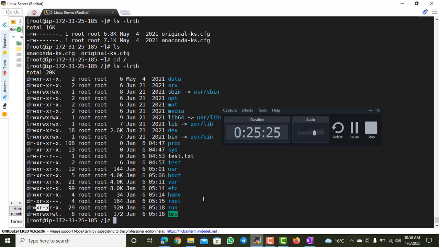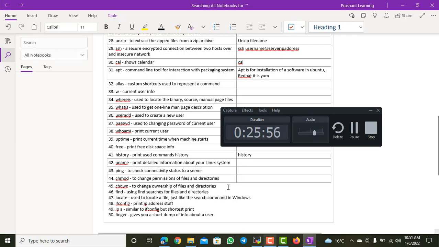I want to cover the top 50 commands which are basically useful, which you should know if you are working as a Linux person, or if you are using a Linux environment in your system, or if you are new to Linux. For the details you can definitely take the help, and I will try to create a new video so that we can cover it in detail. Once you know how to explore it more, you should know about these commands, as they are required a lot.